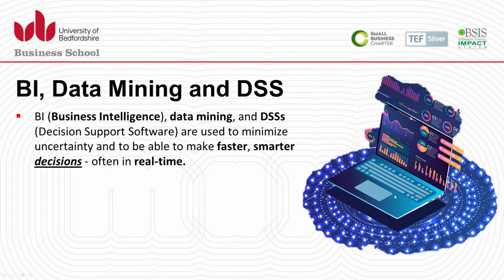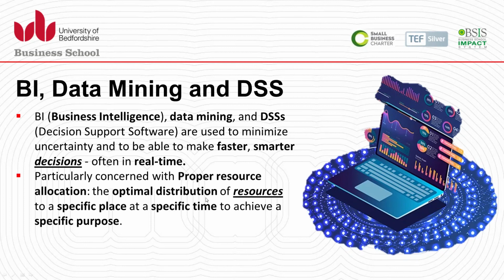So business intelligence, data mining and decision support systems or decision support software are used to minimize uncertainty in the business and to enable the staff or the operations manager to make faster, smarter decisions. Often it is in real time. And that is the solution for business challenges today, that we need to make the right decision at the right time when it is needed more appropriately. And there we can get the help from business intelligence, data mining, and decision support software or decision support